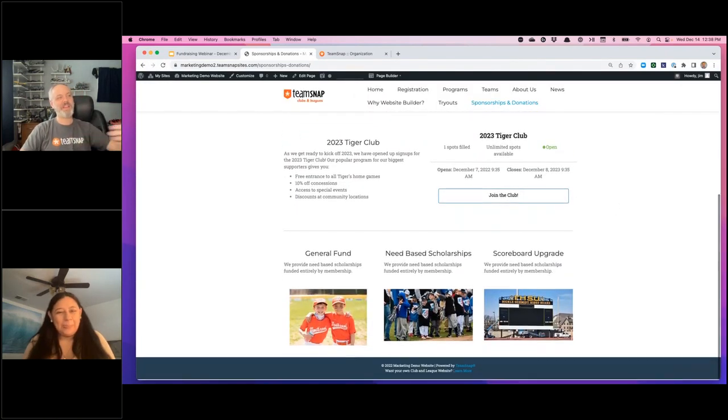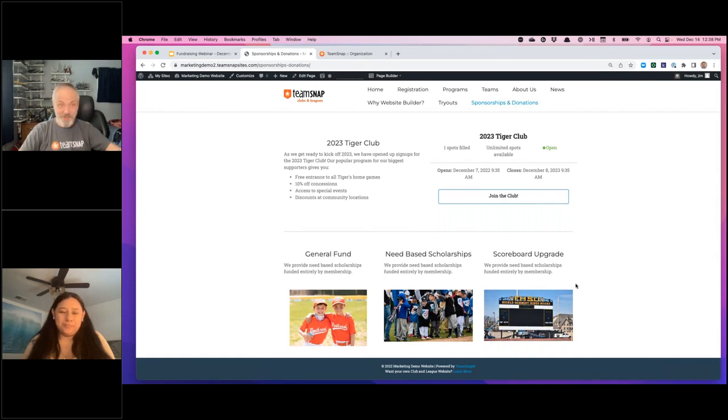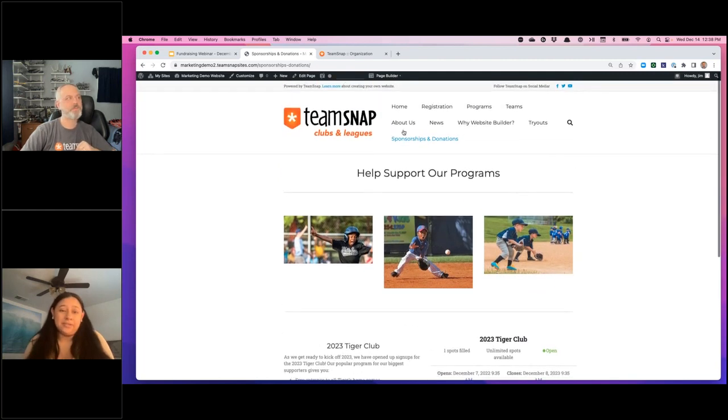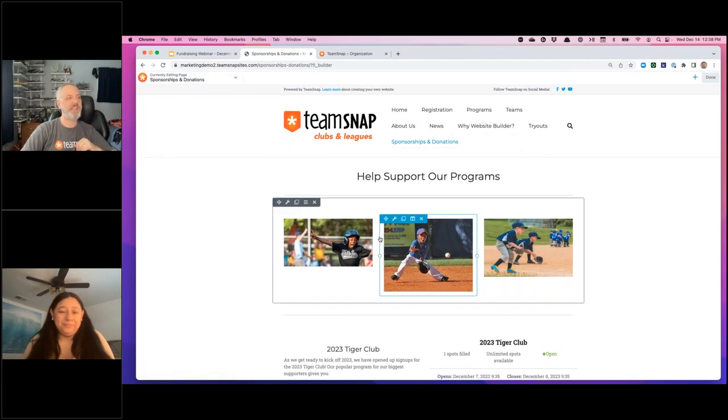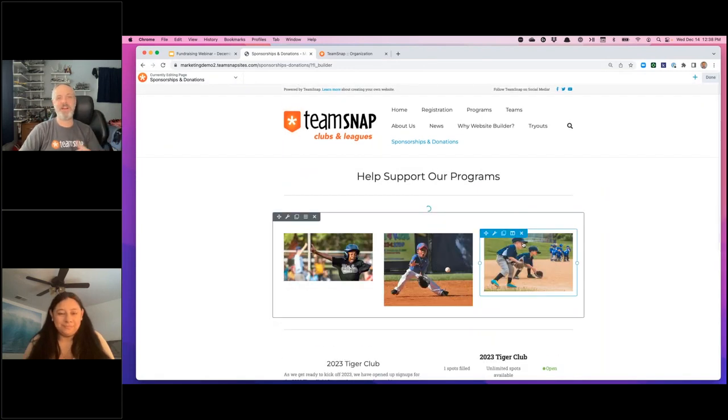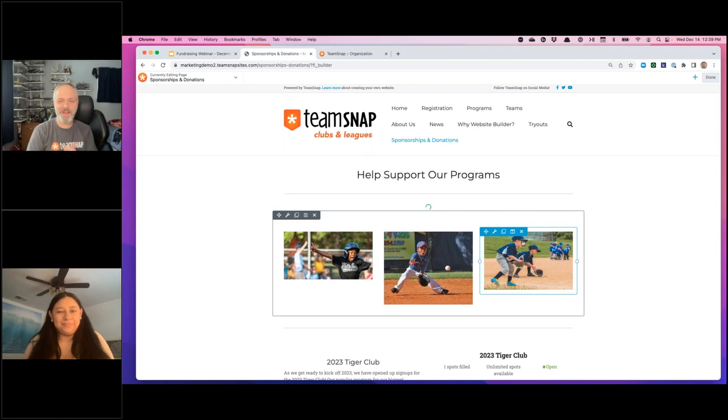But setting up programs like this and communicating, sharing some photos, you mentioned a scoreboard upgrade, like sharing some designs or graphics. This is something that may or may not be common, but it drives people to actually engage and do this. Yeah, especially if there's a goal attached. People are more prone to donate when there's a goal attached. So that's a great thing to have. And putting this together is very simple. The plus sign is your friend when you're putting your web page together using website builder, and just adding photos, dragging, dropping, placing those in there. Super simple stuff, but really effective.